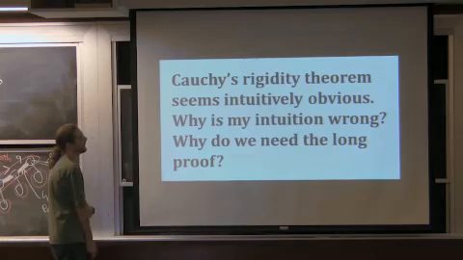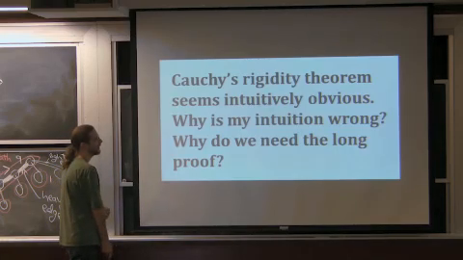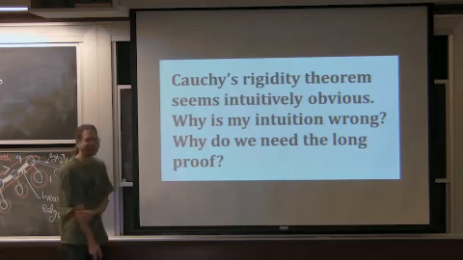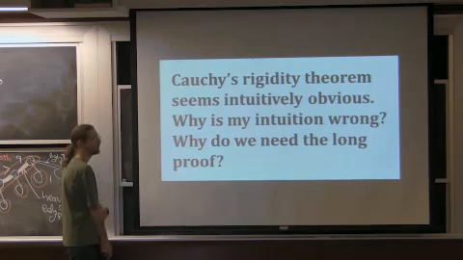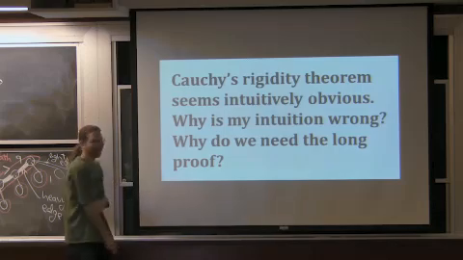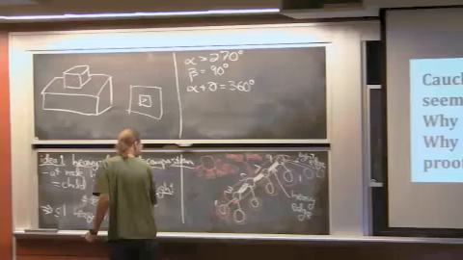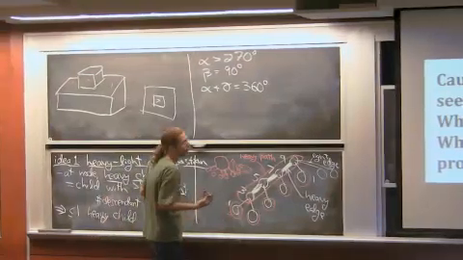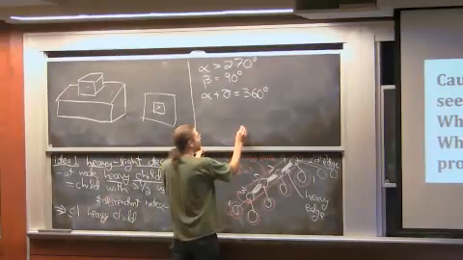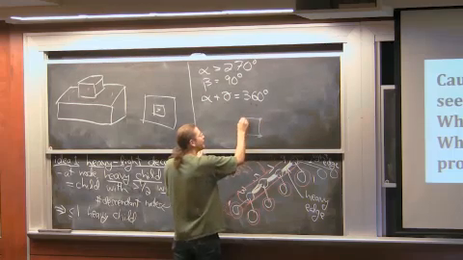Last question is, Cauchy's rigidity theorem seems intuitively obvious. Or as I wrote it in the notes, is Cauchy's rigidity theorem obvious? And my answer is no. Not obvious to me. I have 2 reasons why it's not obvious. One is it's not true in 2 dimensions, so it's kind of a weak statement. But if I take a convex polyhedron in 2D,